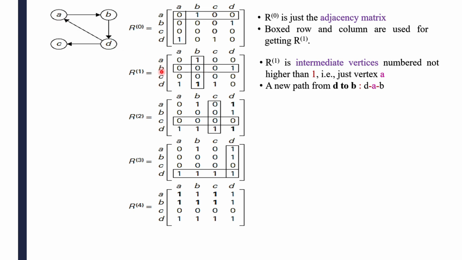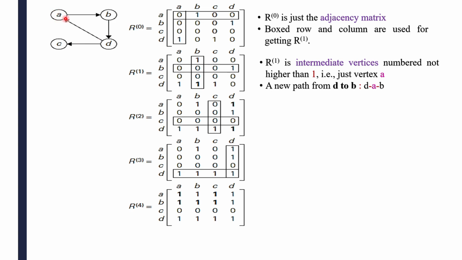So in B also there are no changes and C also there are no changes. But see here, D to B you are getting the path with the help of A as an intermediate node. At present we can take only one node as an intermediate node, that is A. Okay. So now D to A. A is what now here?